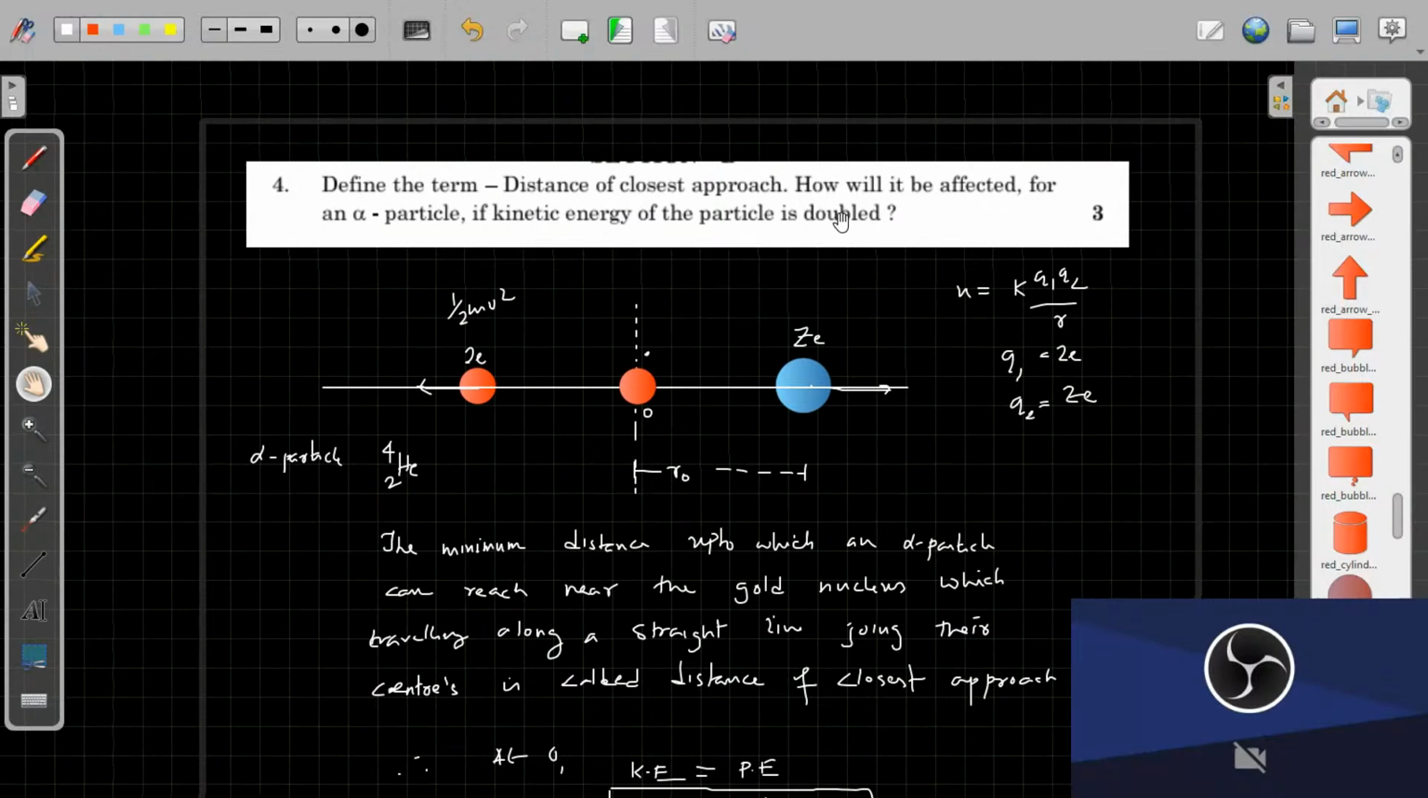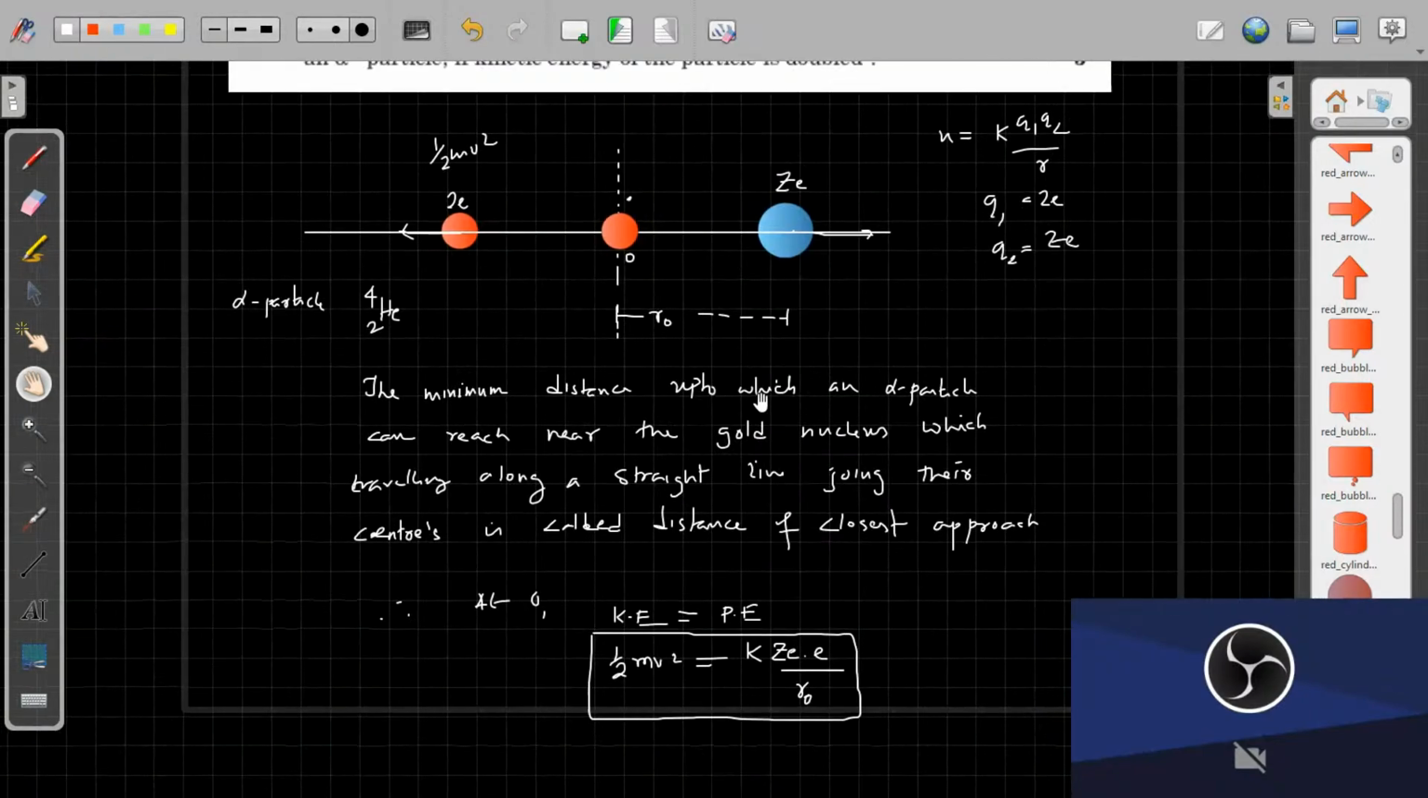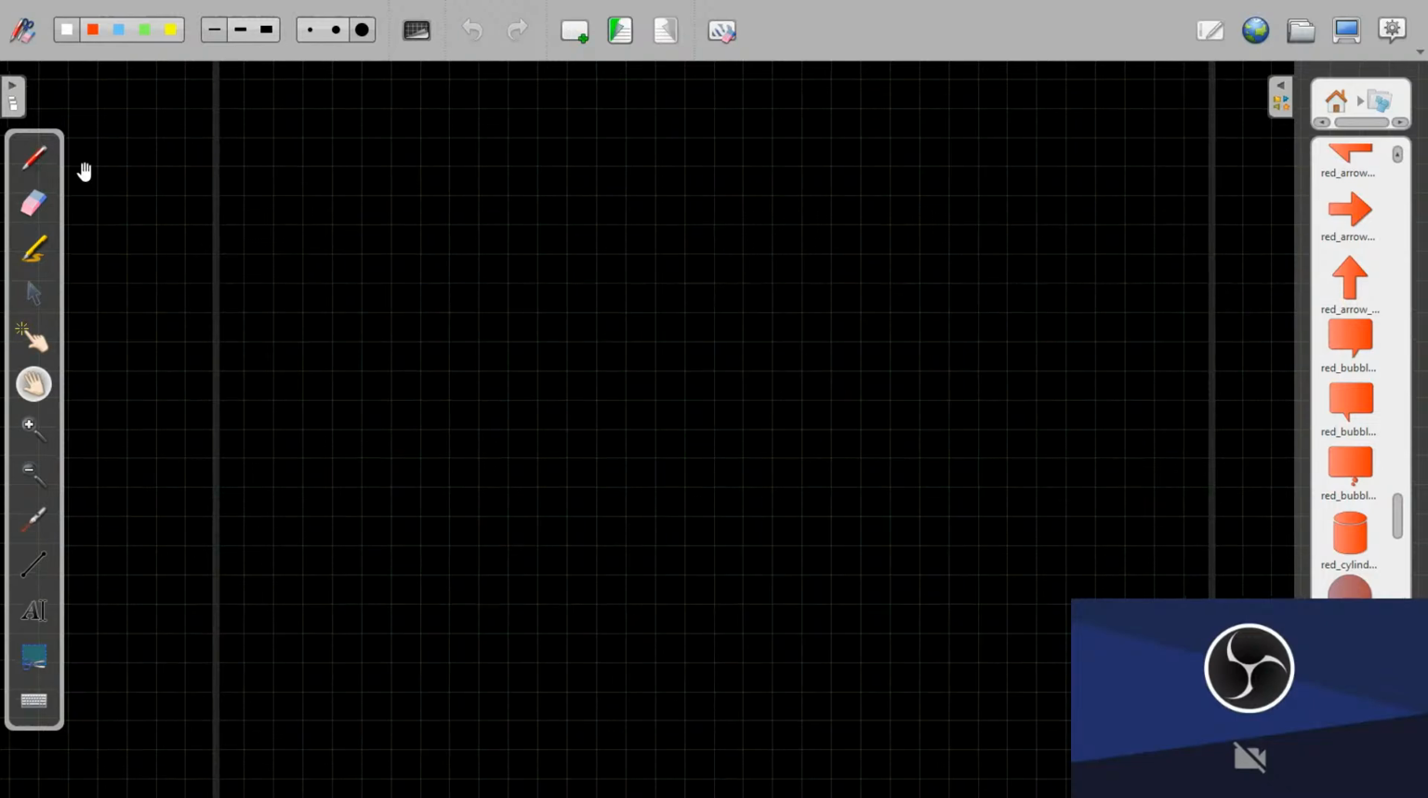The second part says, how will it be affected for an alpha particle if the kinetic energy of the particle is doubled? Let's say, instead of calling this half mv square, I'll call this E. So E equal to half mv square is equal to K Z e square by R naught. Now E is inversely proportional to R naught. So if E is doubled,